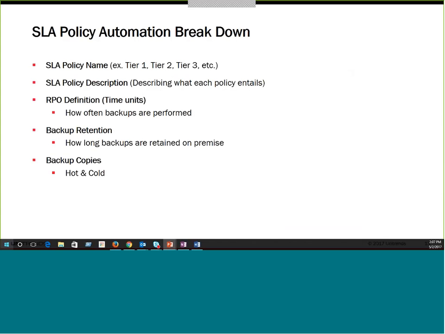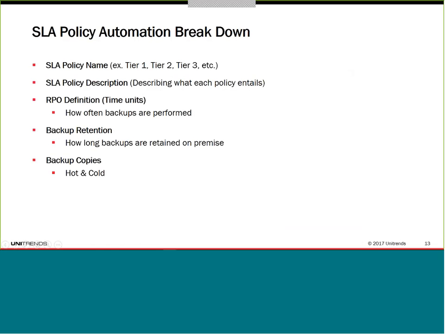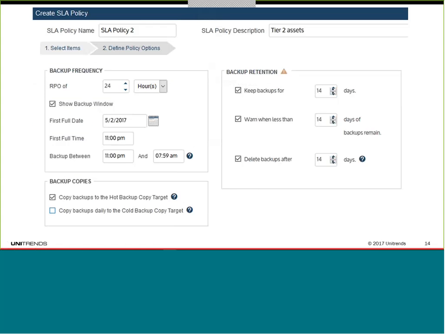Sure. So what we'll see is you're able to specify an SLA based on the recovery point objective, simply by saying how often you want to back something up, and that in turn can be the value used for how long you're keeping that backup, the retention. So by specifying that one RPO, maybe it's 12 hours, maybe it's 1 hour, you're able to then take those backups and move them to cheaper storage for long-term, or replicate them off-site to a secondary location. And if you go to the next slide, Mark, we'll be able to see what the SLA